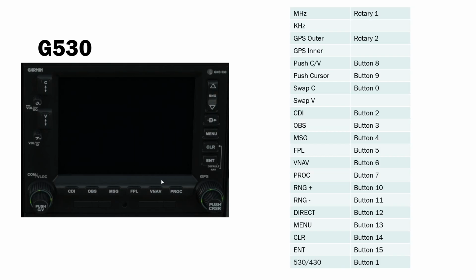So, the first thing to do is to look at the G530, and it's got 2 rotaries, one on the left, one on the right. So there's stacked rotaries, and what I want to do is to use one rotary for that one and one rotary for that one. So I'm going to have the ability that when I press the button on